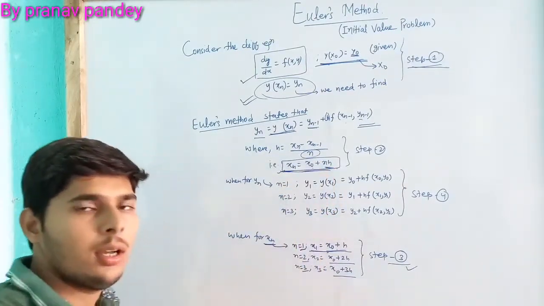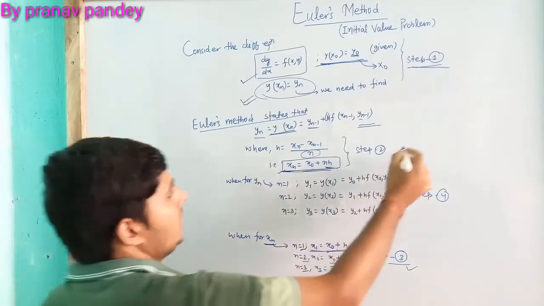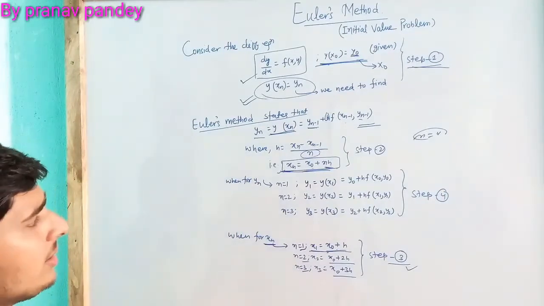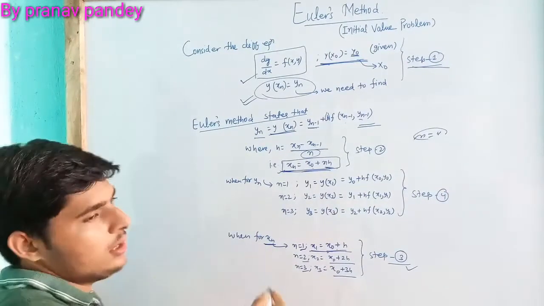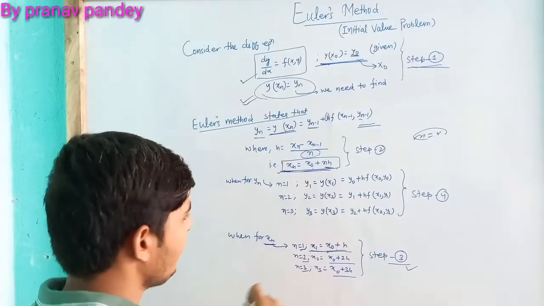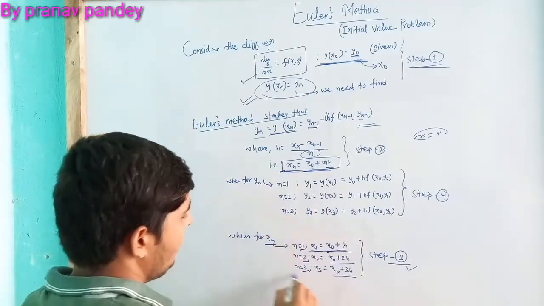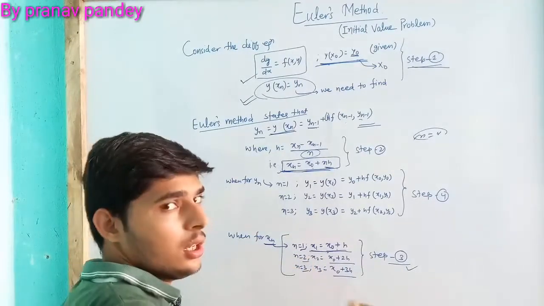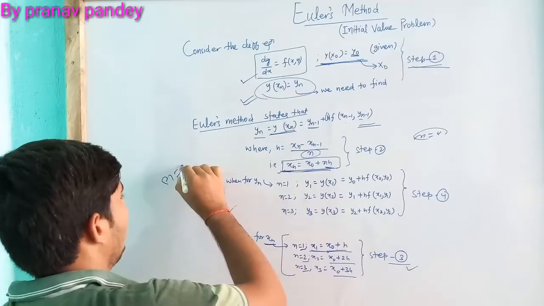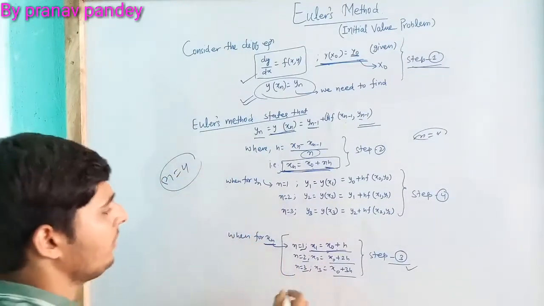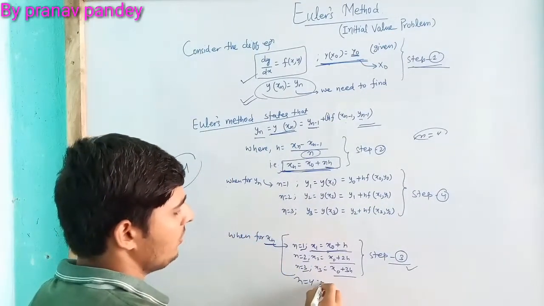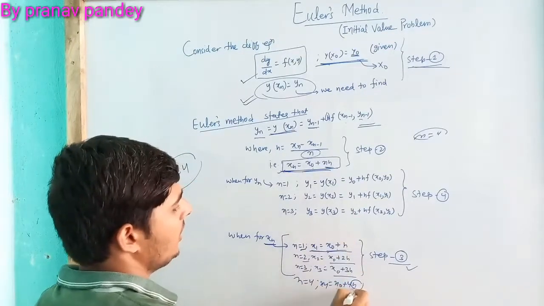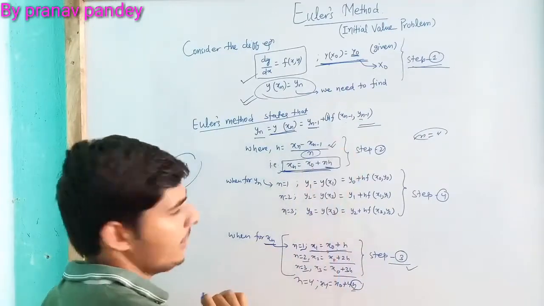Then a question arises here: what should we consider n to be? In the question, it may be given that we need to take n is equal to 3, 4 or something else. If not given, then you can consider it on your own, any of 3, 4, 5, 6. Now, after calculating x1, x2, x3, say we have taken n is equal to 4, then we calculate up to n is equal to 4, and we get x4 is equal to x naught plus 4h, and we will calculate the value of h from this equation.